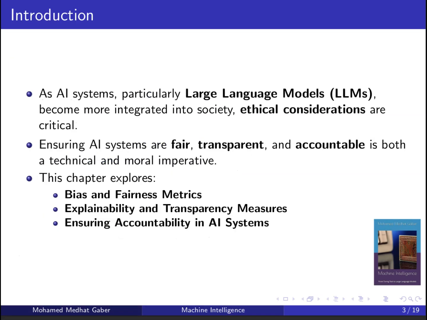As we stand on the cusp of an AI-driven era, the integration of AI systems into society brings not only technological advancements but also profound ethical considerations. AI is no longer confined to research labs. It influences everyday decisions, from loan approvals to medical diagnoses. This pervasive influence means that the ethical dimensions of AI are more critical than ever, demanding our immediate attention and